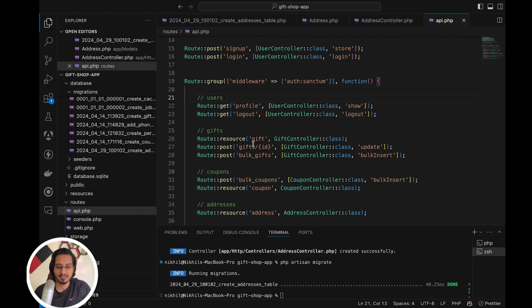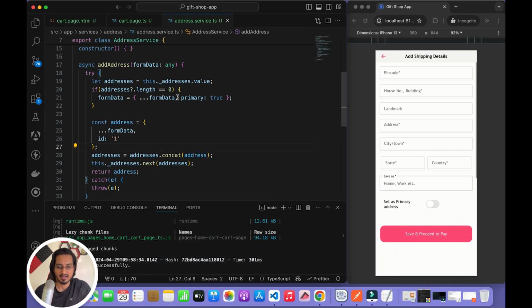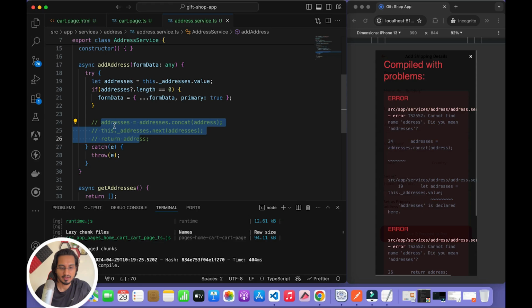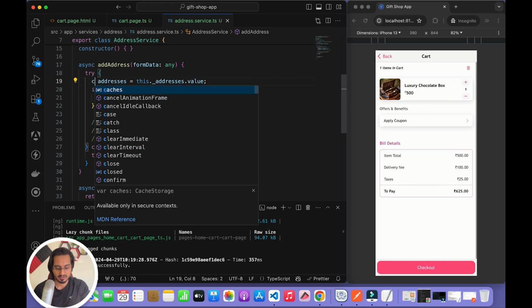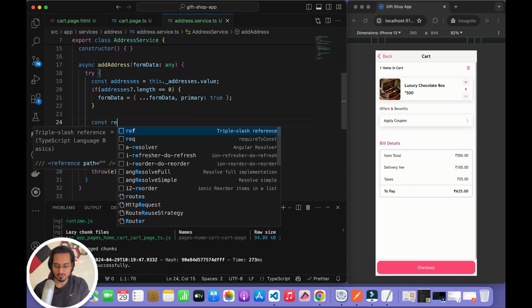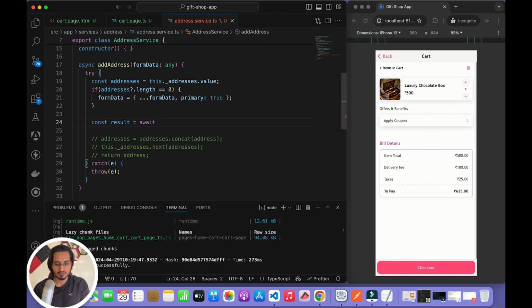It's time to try it up in our front end. So in the front end, in the address service, we need to prepare the data. At first, let's go for the add address part, in which we will keep this same thing only. But what I'll do is, let's remove this part and let me comment all of it. Now let's keep it a constant only for the time being. Constant addresses, where we're going to fetch the addresses. We are going to check if the length is 0, then we are going to set the address primary as true by default. Once we do that, then I'll create a constant called result, which will be equal to await last value from,